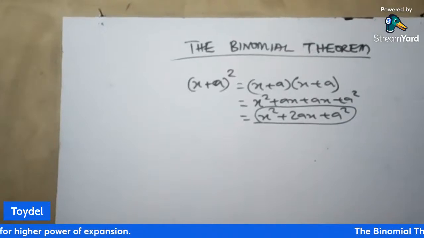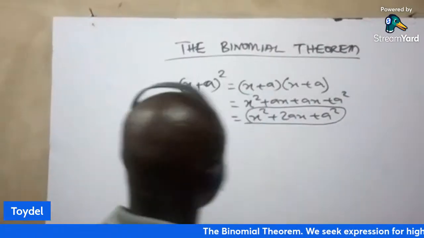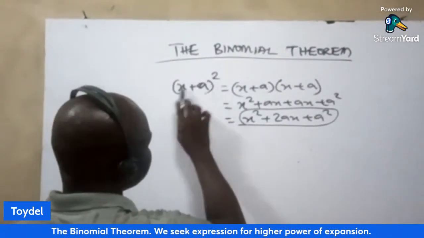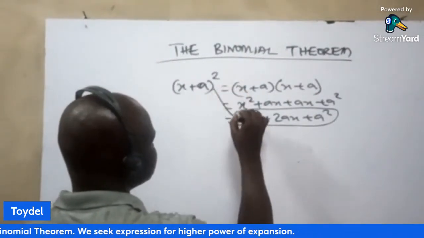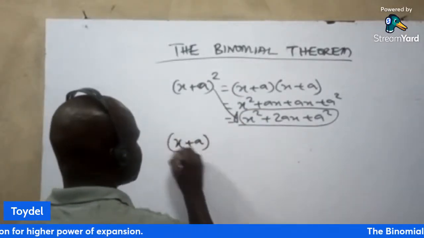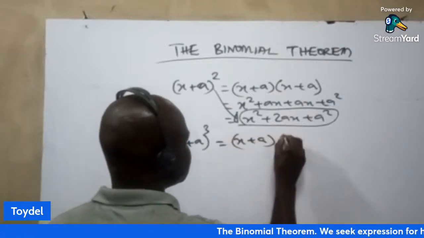Okay. Welcome. So when we have (x + a)², if we expand this, this is what we get. So what if you have (x + a) raised to power 3? Then this simply means (x + a) into